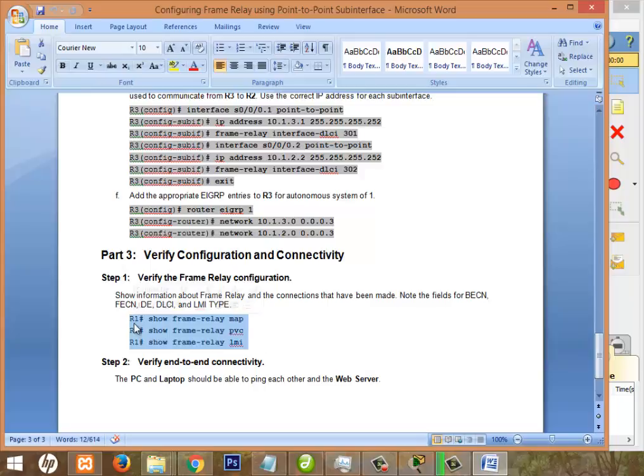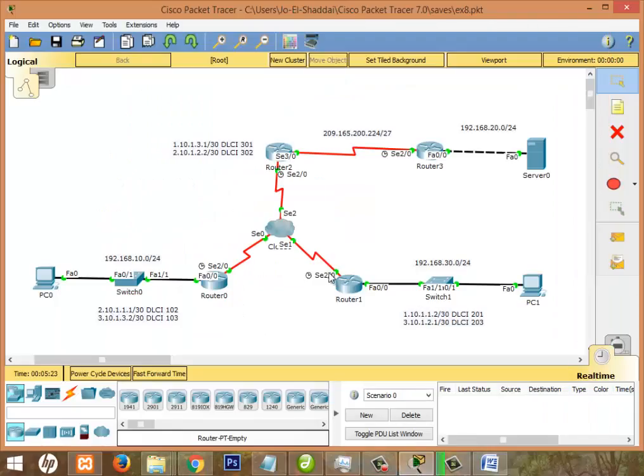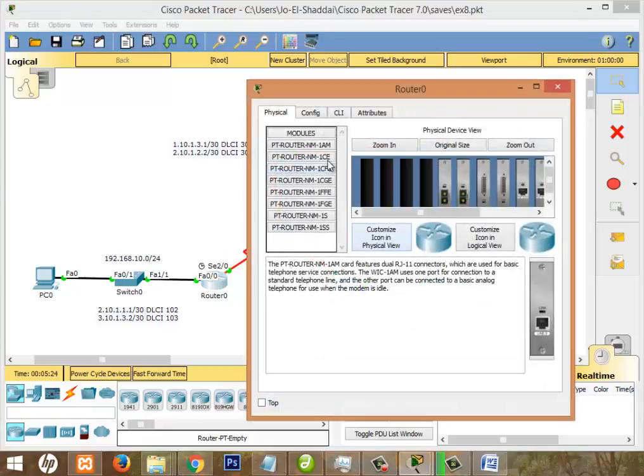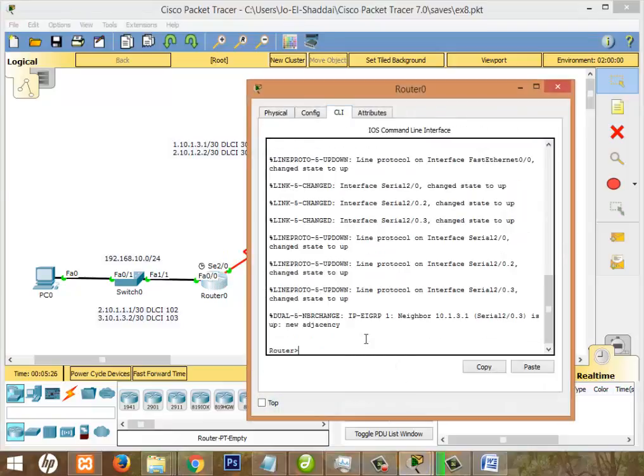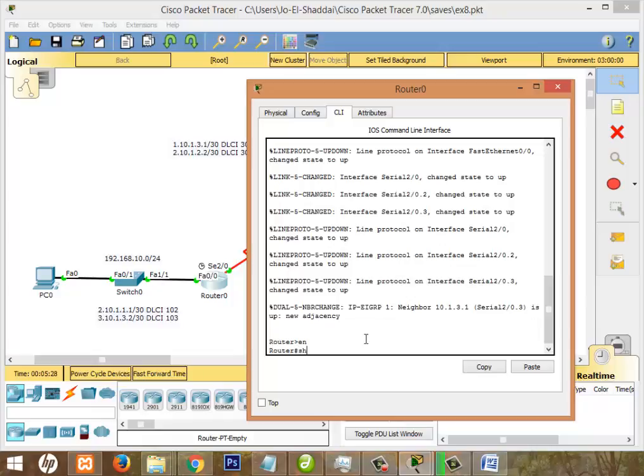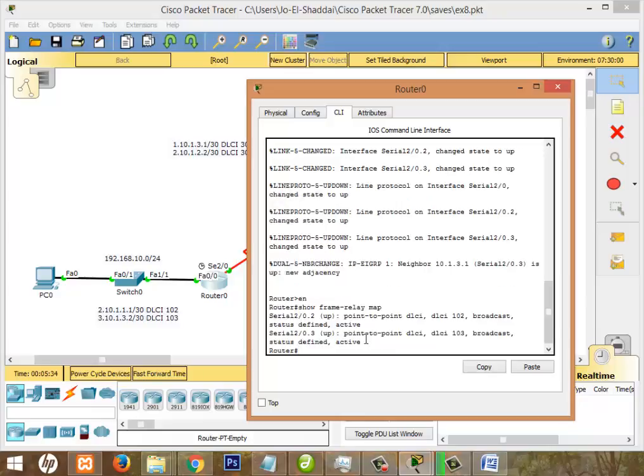Like in all the previous experiments we have done in this Internet Routing Protocols lab, we use some specific commands starting with show for troubleshooting purposes. Similarly, we can use these commands here. So let's take a router, enable, then show frame relay map.